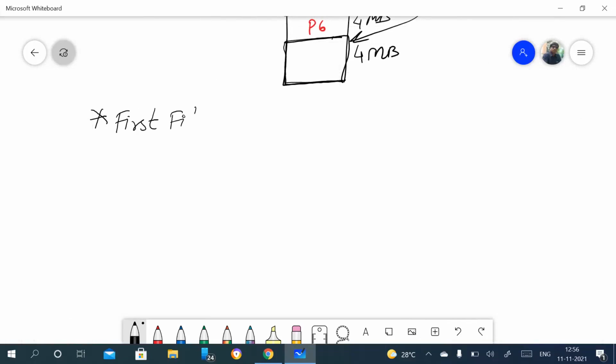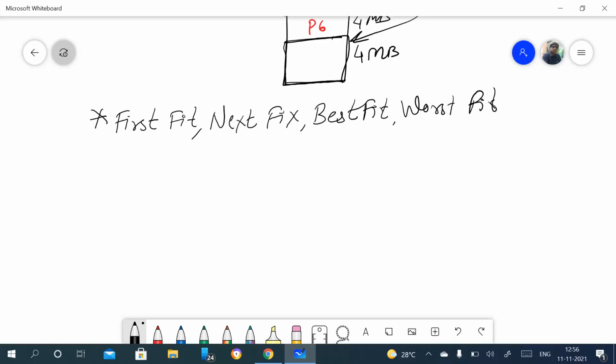First fit. That is one concept. The next is next fit. These are simple concepts. Again, best fit and worst fit. All these concepts are related to memory allocation, right? The names indicate something, so you will understand the meaning of first fit, next fit, best fit, and worst fit.